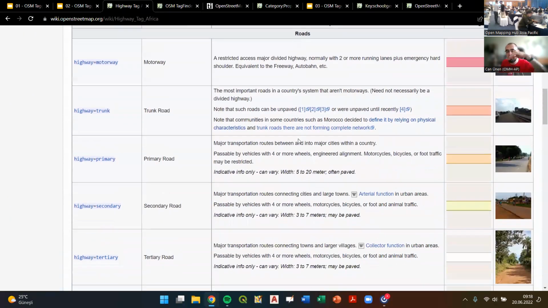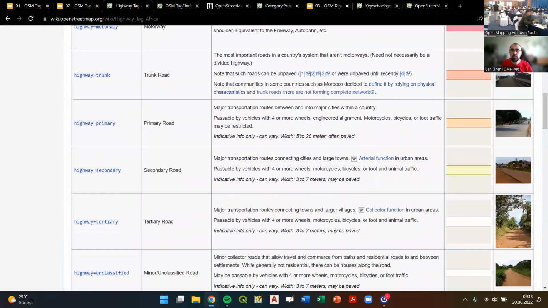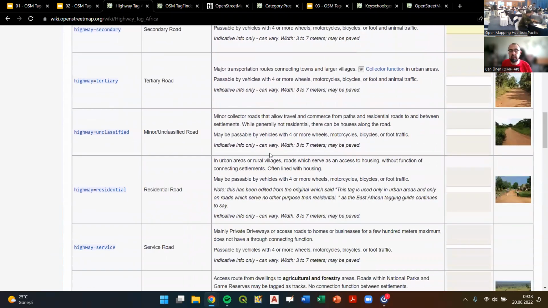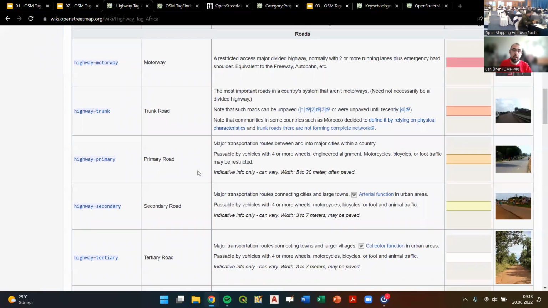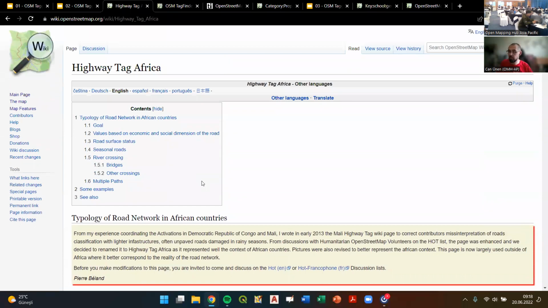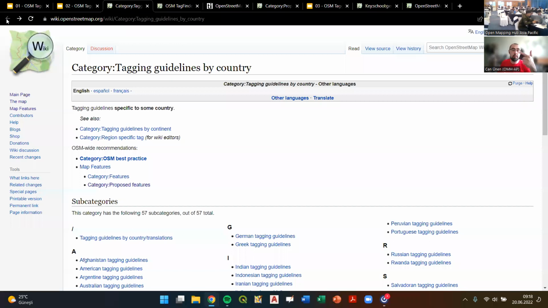So you see that for different regions, for different places, there are different definitions there. One road segment might be a primary road in a rural area, one road segment without an asphalt surface, but it might still be a primary road in some certain regions. So in order to look for local differences, especially in highways, especially in